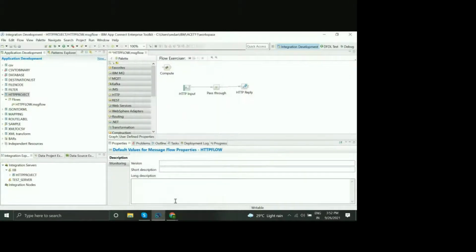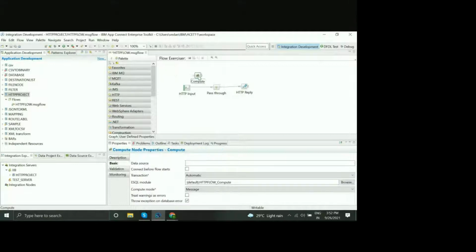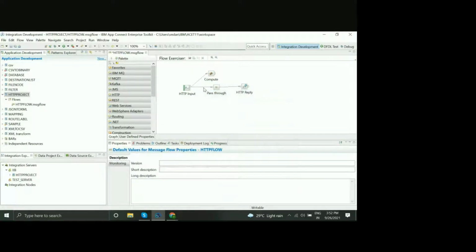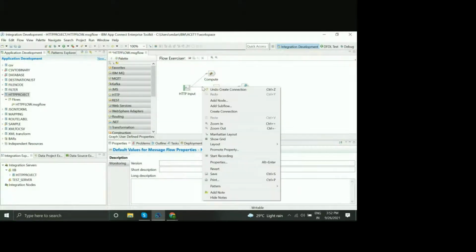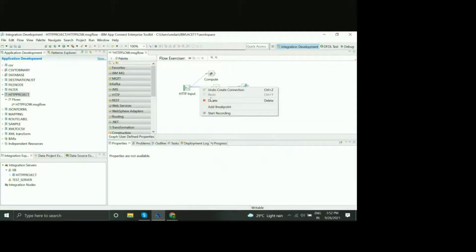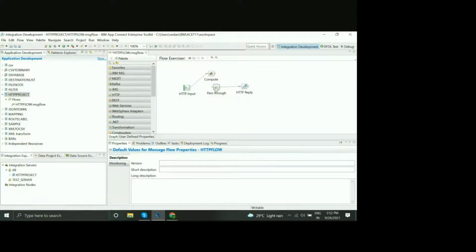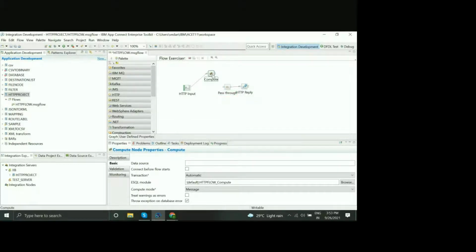Now connect the output of HTTP input to compute. Now delete the old connection.